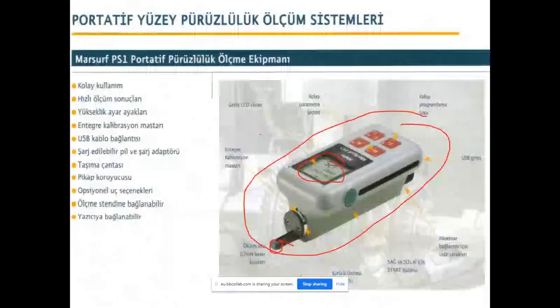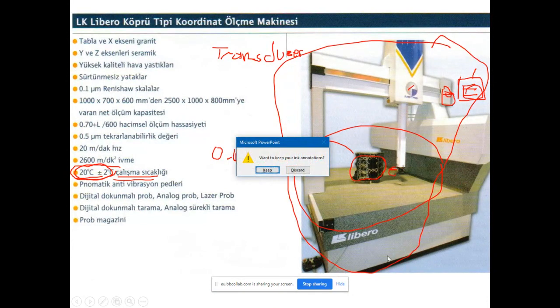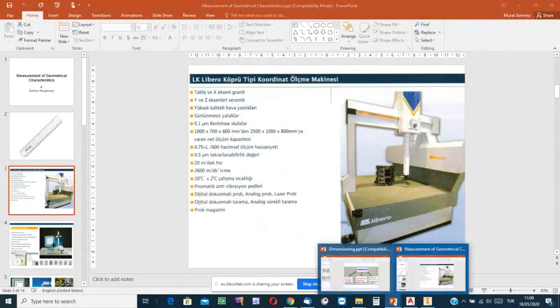Using a very sophisticated inspection system, you can see a minimum distance of 10,000th of 1 millimeter. Knowing all of such things, how can you say, hocam, that it is exactly equal to